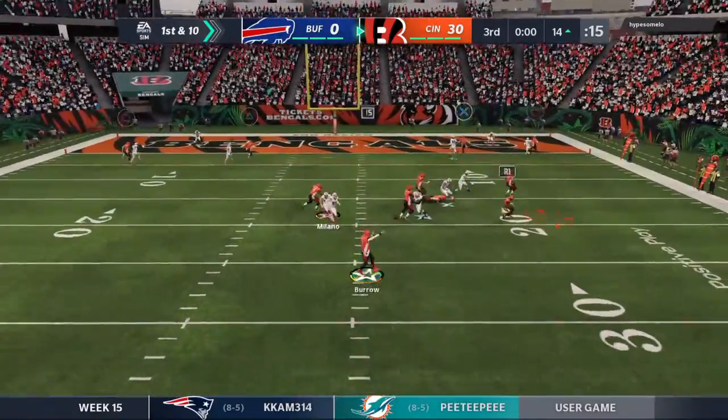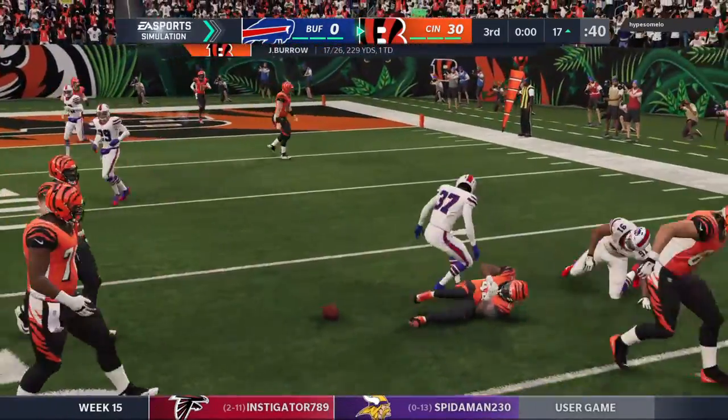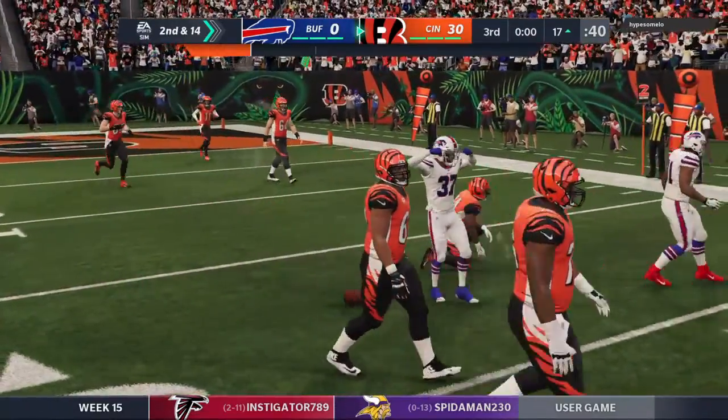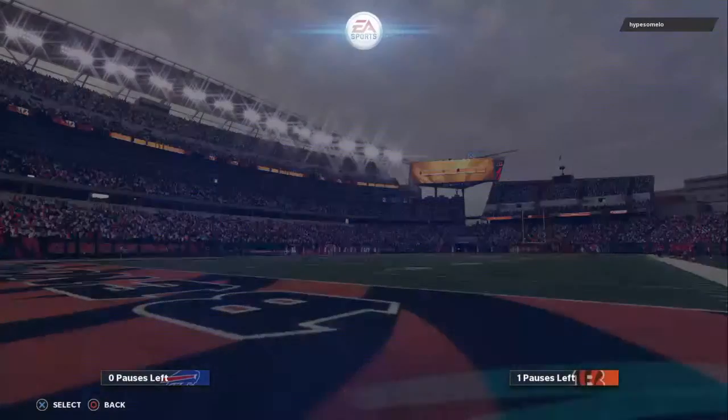From the red zone now, here's Burrow 1st down. They'll try and set up the screen. It's complete. And this play gets blown up. They'll lose yardage. Back at the 17. We're off to the...